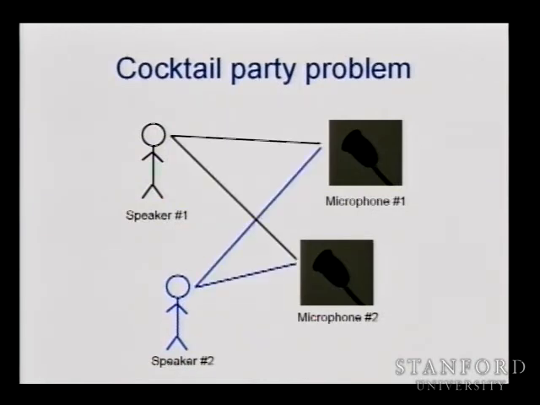And so, because the microphones are just at slightly different distances to the 2 people, and the 2 people will be speaking at slightly different volumes, each microphone will pick up an overlapping combination of these 2 people's voices, but they are sort of slightly different overlapping voices. So speaker 1's voice may be louder on microphone 1, and speaker 2's voice may be louder on microphone 2, whatever. But the question is, given these microphone recordings, can you separate out the original speakers' voices?